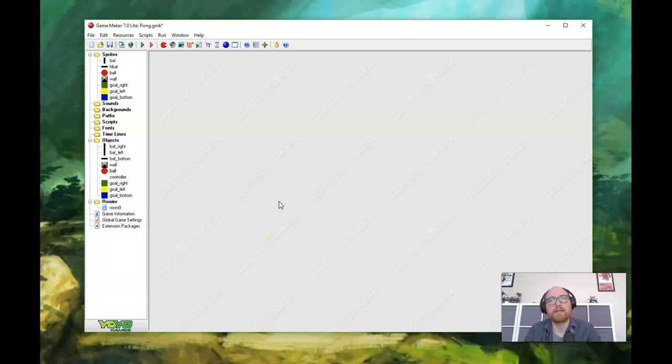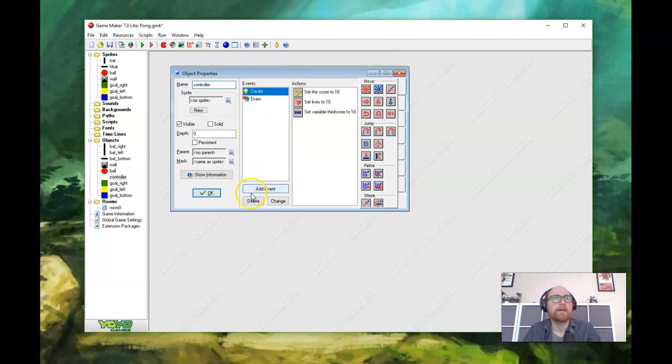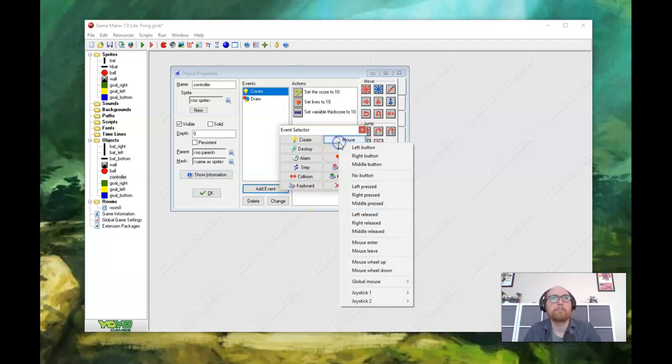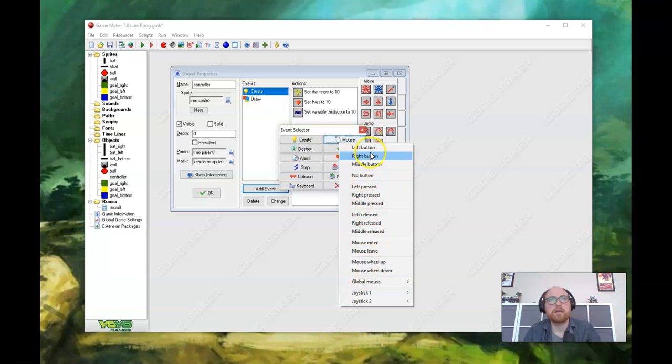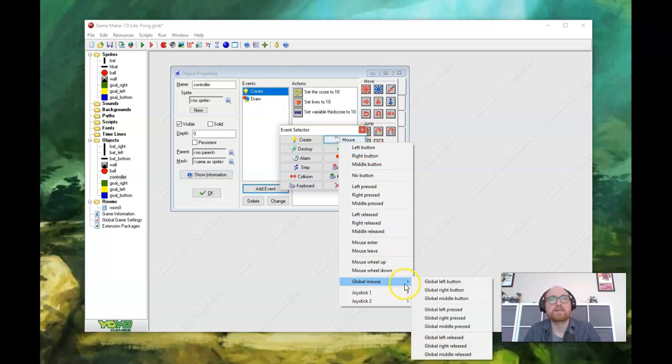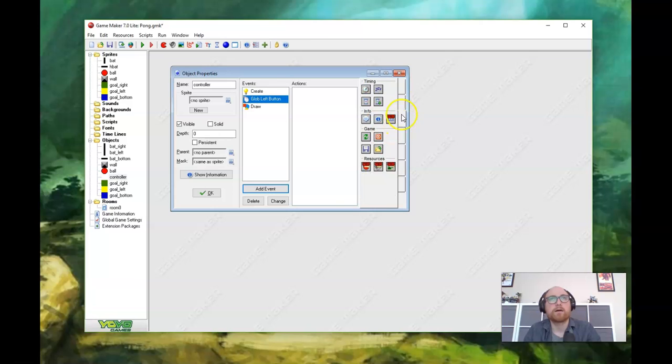All right, that is one way to add a third player here. I want to show you one more way you can add a third player that's a little crazier, could mix the game up a bit. I'll go to the controller here. Now I'm going to add an event for the mouse. And I want to go to global mouse. Global mouse means when you click anywhere on the screen with that button. Usually, left button means when you click on that object with the left button. Global means click anywhere. So I'm going to say when I click anywhere with the left button, I'm going to